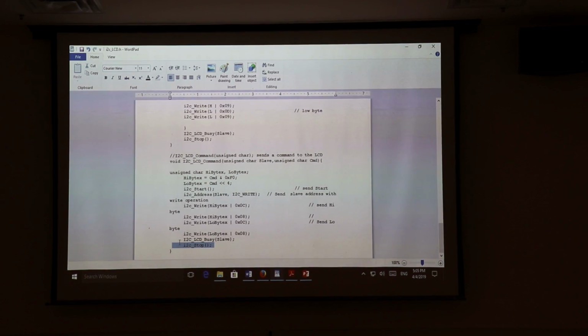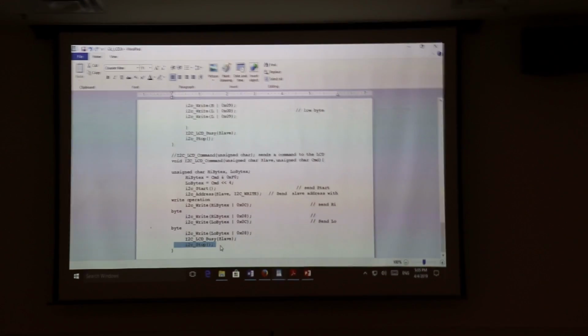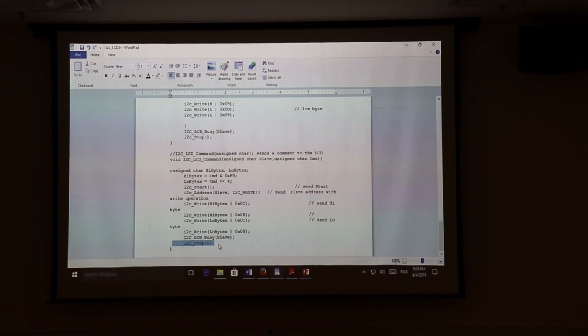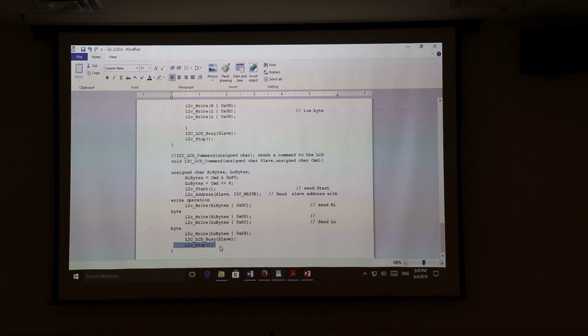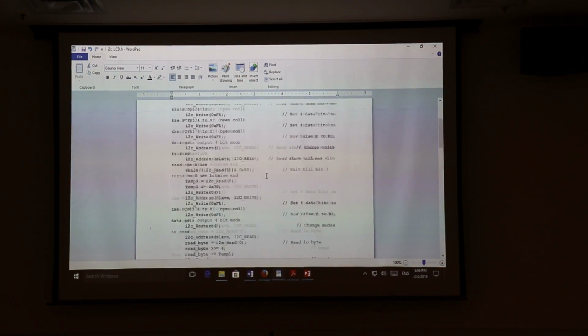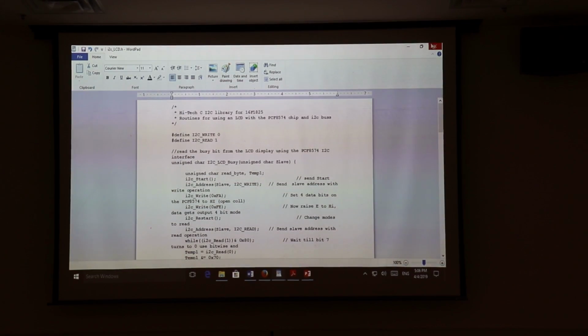And the one nice feature is you can keep reading multiple times. That's legal. But once you send the stop bit, then you have to send another slave address with a read or write bit appended and all that, and another start bit too. So there's definitely some protocol to the I2C. All right, we'll take a few minutes and look at